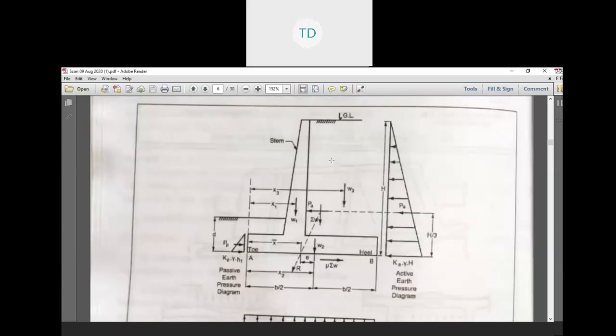Like this is the retaining wall, stem, base of retaining wall. In base, heel and toe. Backward area is totally filled with material. Forward area, it means front area of the retaining wall, filled with depth D,